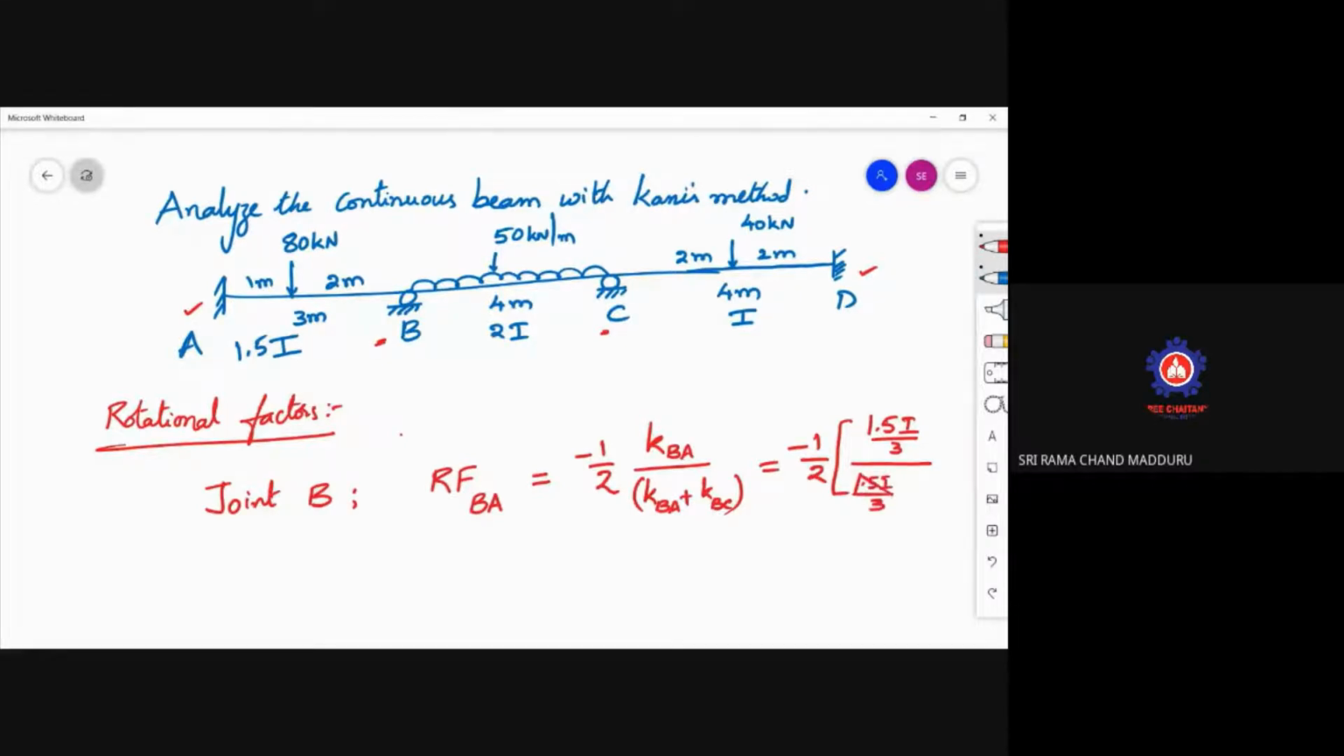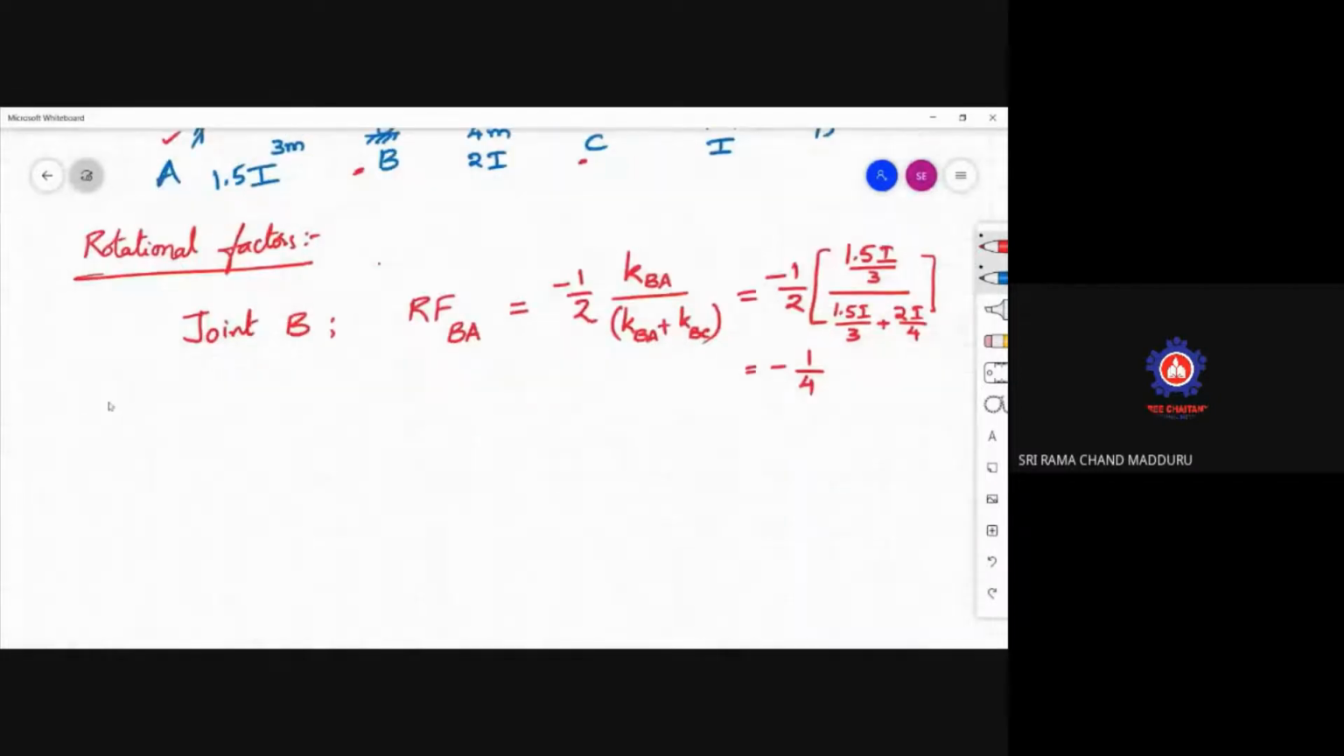If it is a roller, which is something like hinged support or pinned support or roller support, then only it will be 3/4 of I by L, which is 2I by 4. So you can get this one. Can anyone of you tell me the value of this RFBA? Minus 1 by 4, sir. Minus 1 by 4. So RFBA is calculated. Now we need to calculate RFBC,